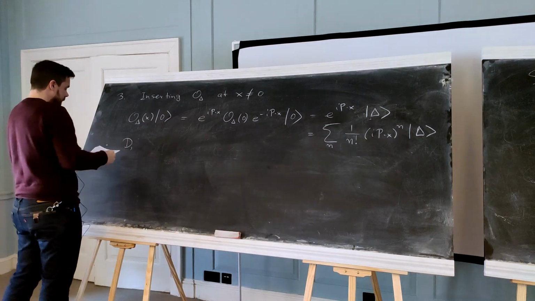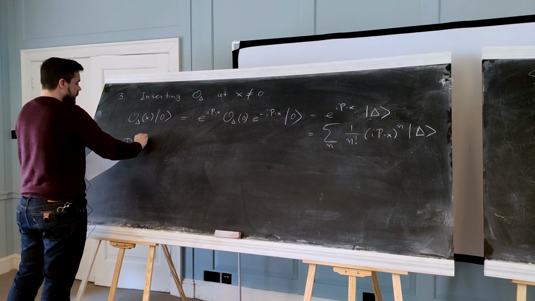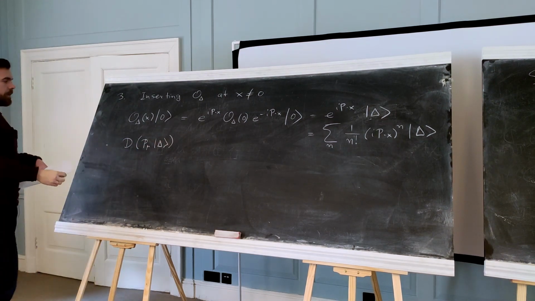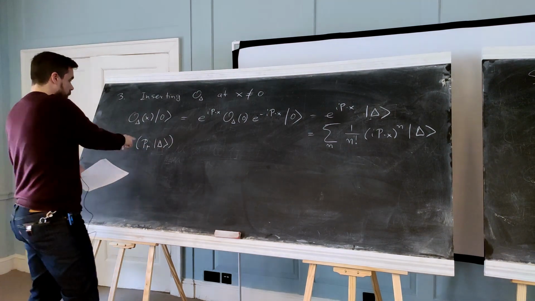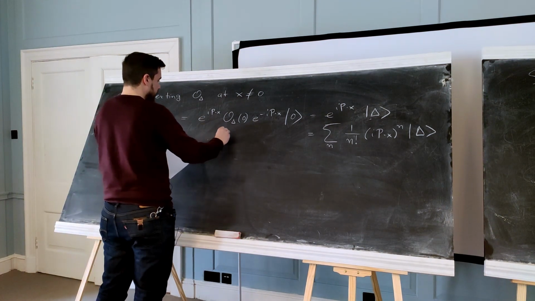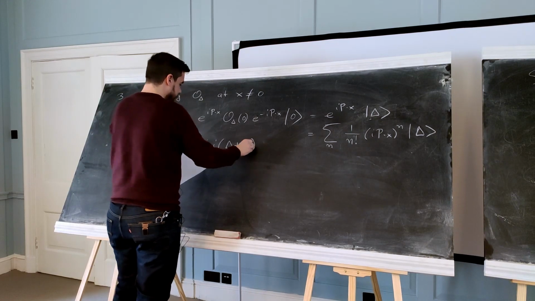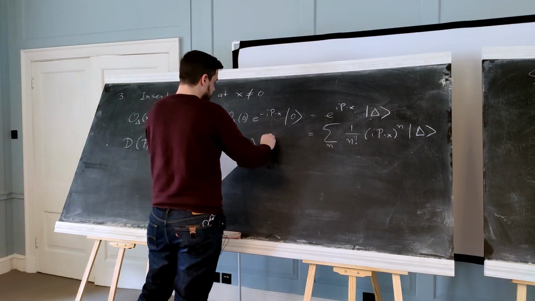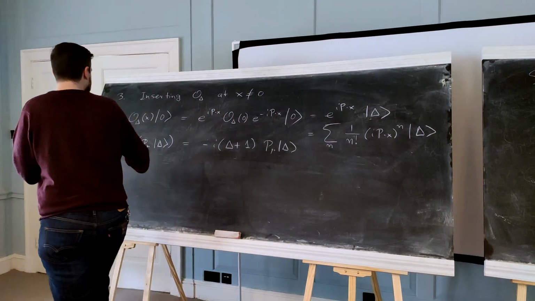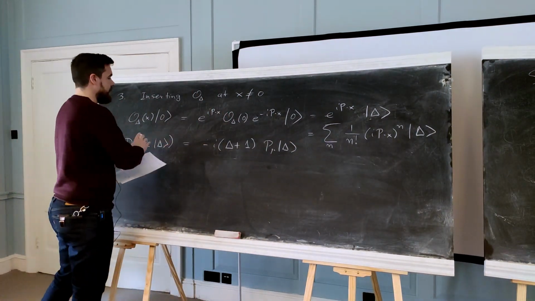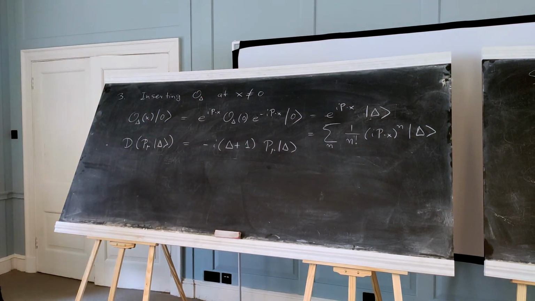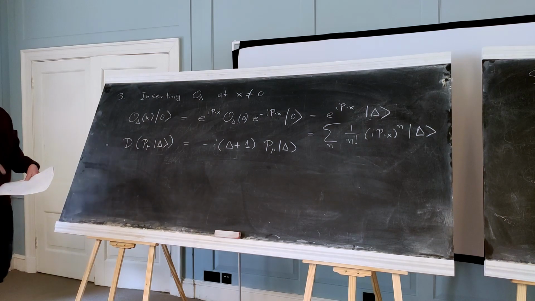And so it helps to compute the commutator of D, of how D acts on p mu on delta. And this turns out to be, you guys can work it out, minus i (delta plus 1) p mu delta. So p mu delta is an eigenstate of the dilatation operator with eigenvalue delta plus 1. Okay? And if you do it twice, it would be delta plus 2 and so on.